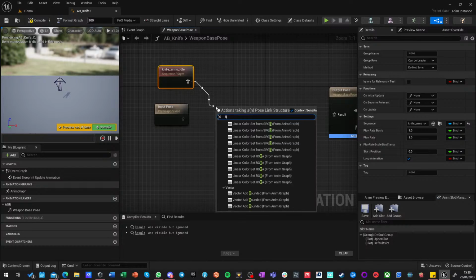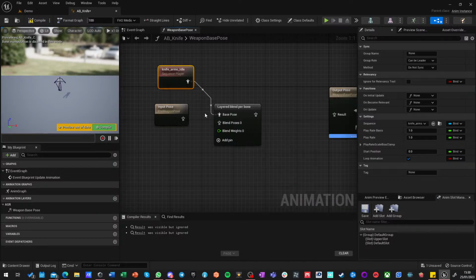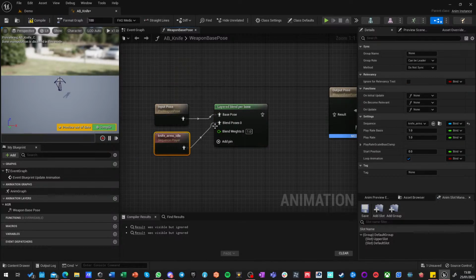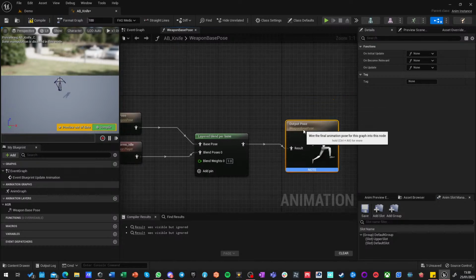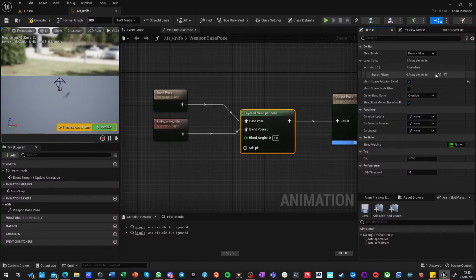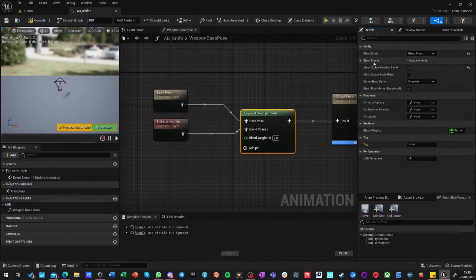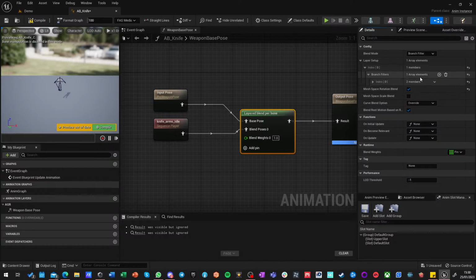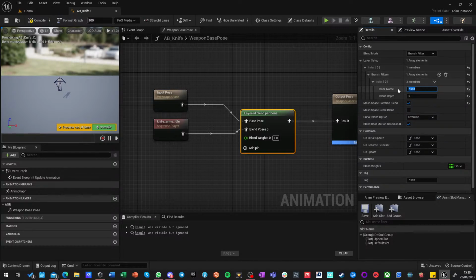And you know what? I'm going to do a blend bone, a layer blend per bone. The base is the input pose. The blend pose is whatever I do here. And after I complete, I just go here. So, yes, mesh space. And this is using what? This is probably using... We can do masking, and there should be a default mask. No, okay, screw masking. Let's do filter,